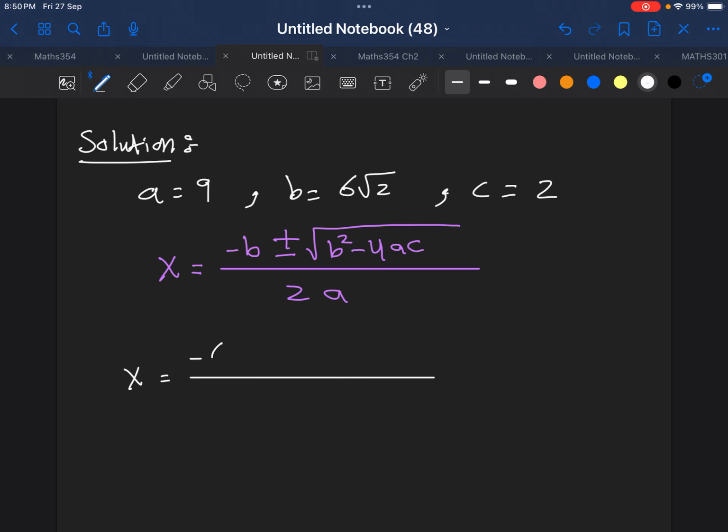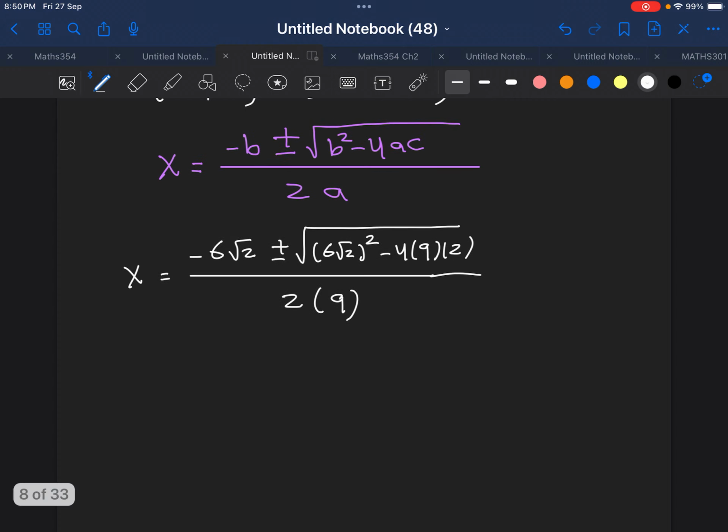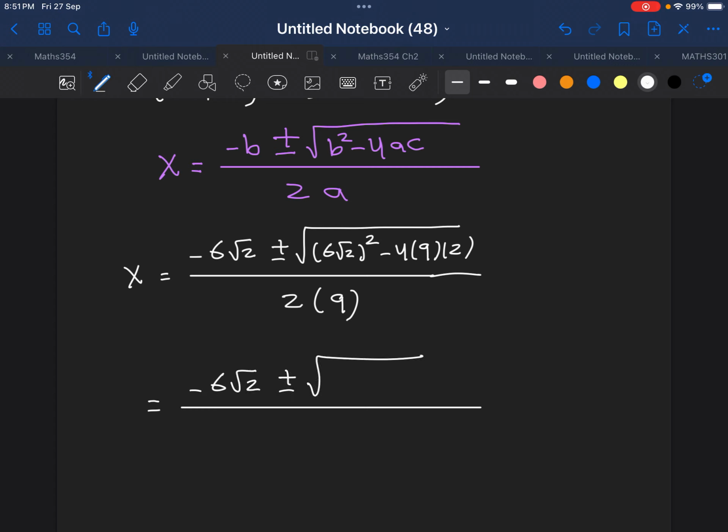So we write minus 6 root 2 plus or minus square root of. Now we have to do b squared. So we have 6 square root of 2 squared, minus 4 times 9 times 2, divided by 2 times 9. Of course, we just need to do the arithmetic here. Negative 6 square root of 2 plus or minus square root. Now we need to do this one up here,